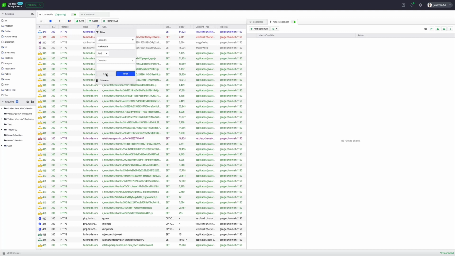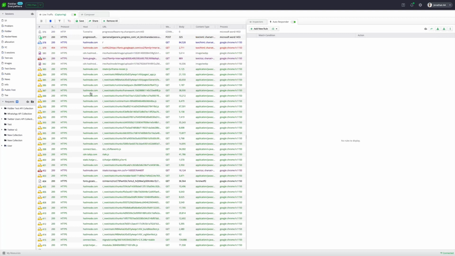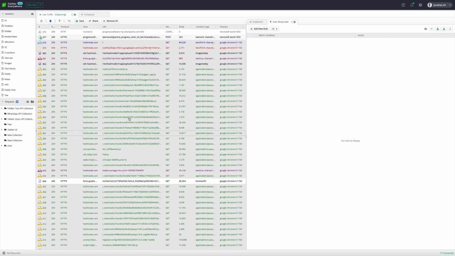But before that, I'm going to clear out this filter so that we can see all the requests. I'm going to click on the parent request, right click and go to select. And I'm going to select all the child requests coming in from this particular request. Now, as you can see, Fiddler Everywhere has selected a couple of requests which apparently have come when I loaded